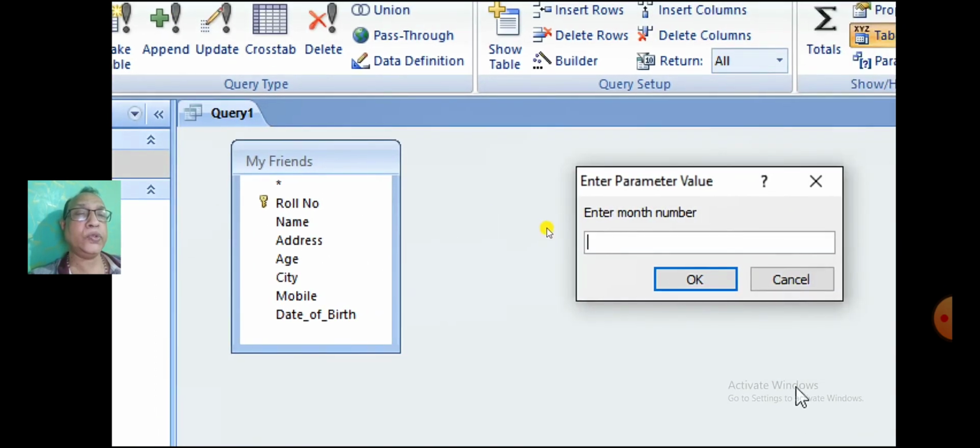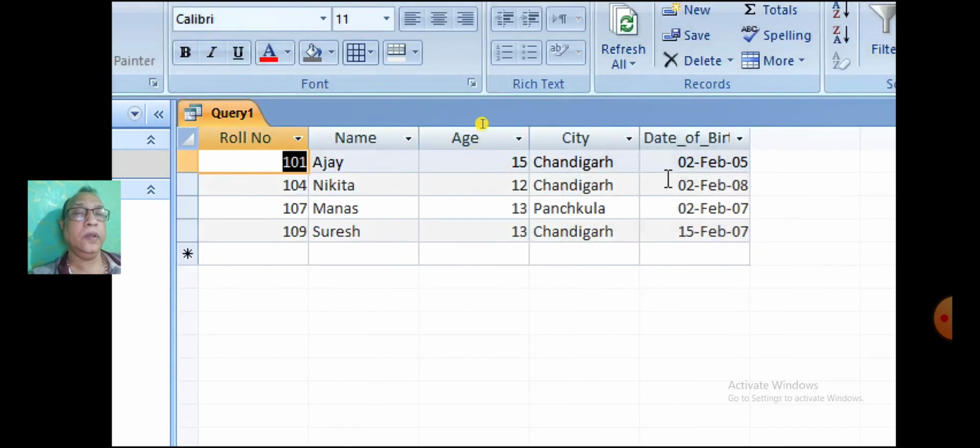Enter the number as 2 because February is 2. Click on OK. So the table is displaying whose birthday is in Feb.